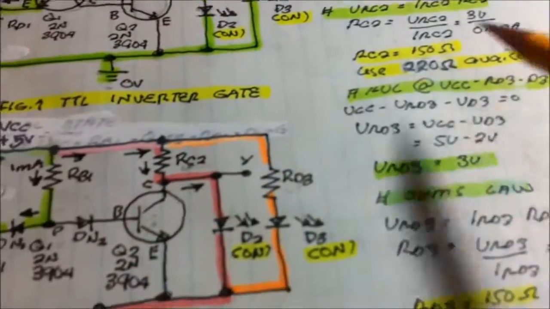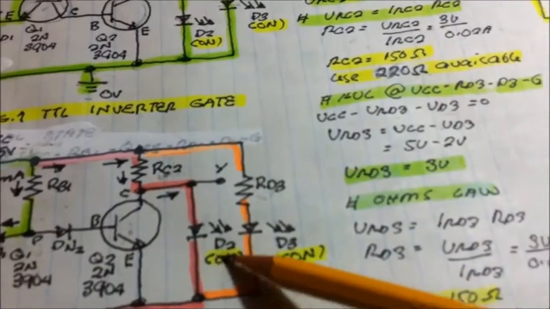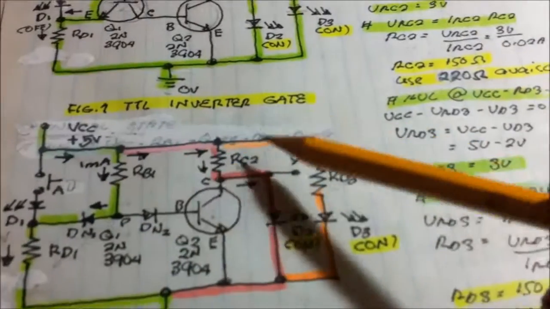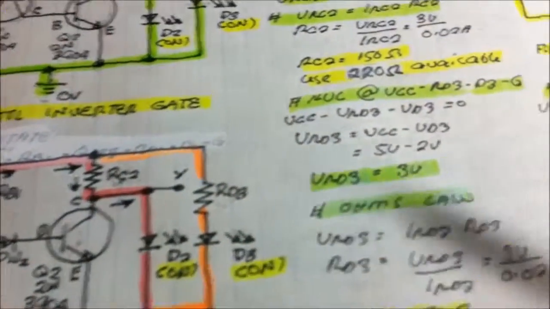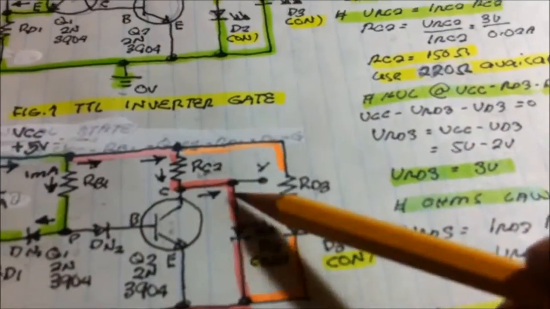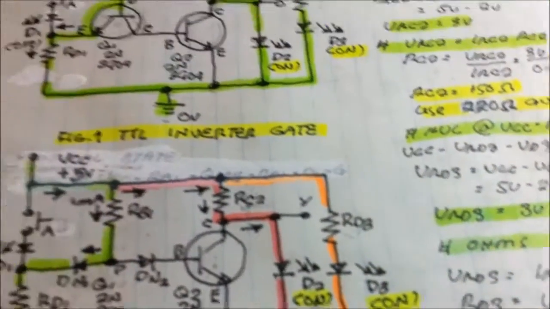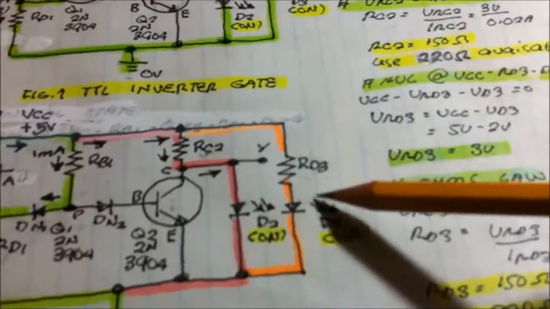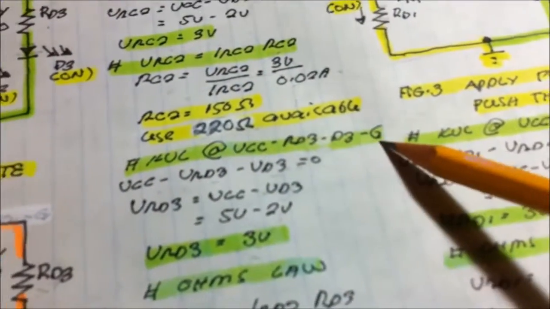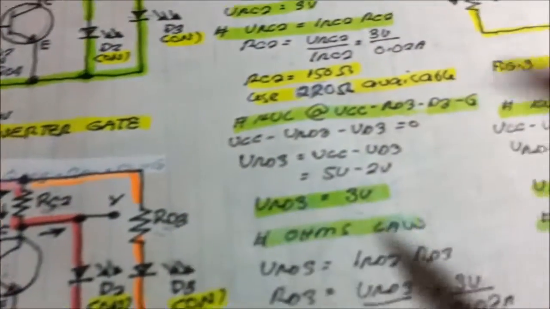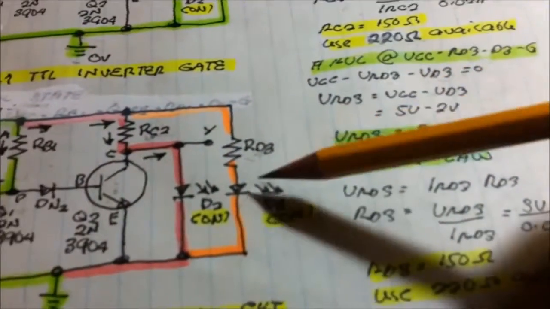Since we're designing a circuit for this LED, the voltage rating is 2 volts. VCC minus the voltage drop at RD3 and D3 to the ground. We got 3 volts voltage drop at RD3,